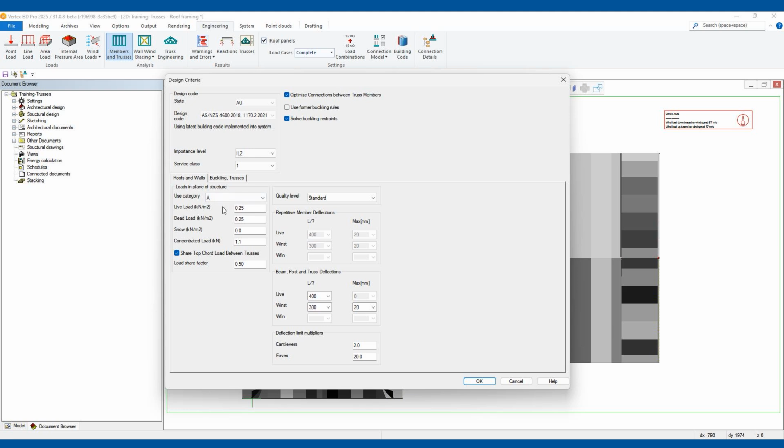So don't touch the live load, that's out of the code. So the dead load, let's say it's a sheet roof, I'll be like 0.06. That's 6 kilograms a square meter. That's the roof sheet, roof battens, insulation, whatever else might be there. If you're a concrete tile, that would be something like 0.6. But let's say we're